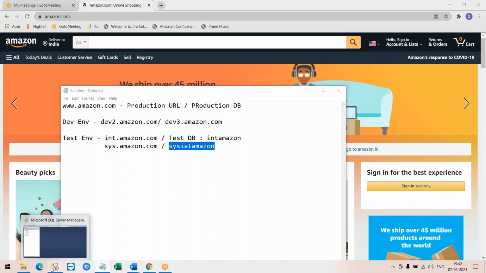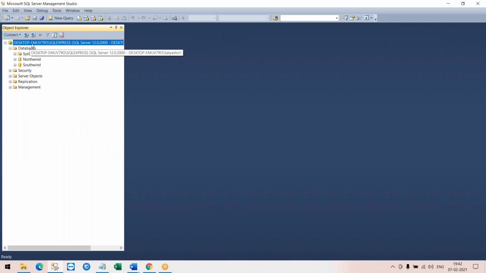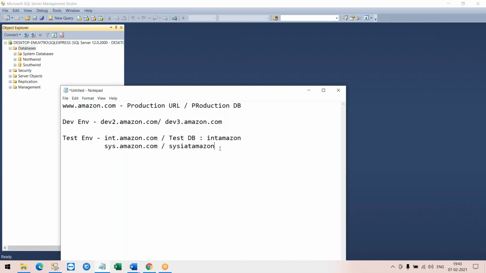So when you are connecting to the SQL server, when you connect, you can choose the database you are working on. Respective databases would be listed based on your access. I might see database 1 for my integration testing, database 2 for my system testing, and so on. You might see more than one database based on the access you have. As a tester, your access will be given by your DBAs. Based on which environment you are testing, you would choose your respective database.